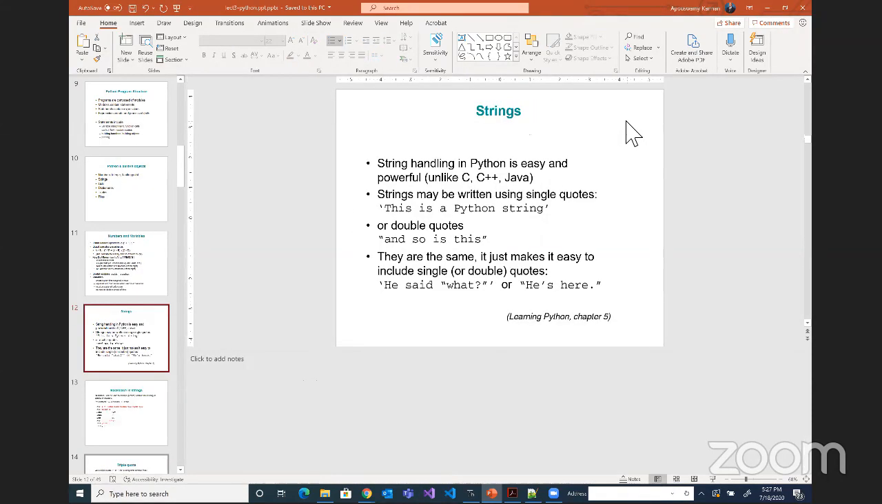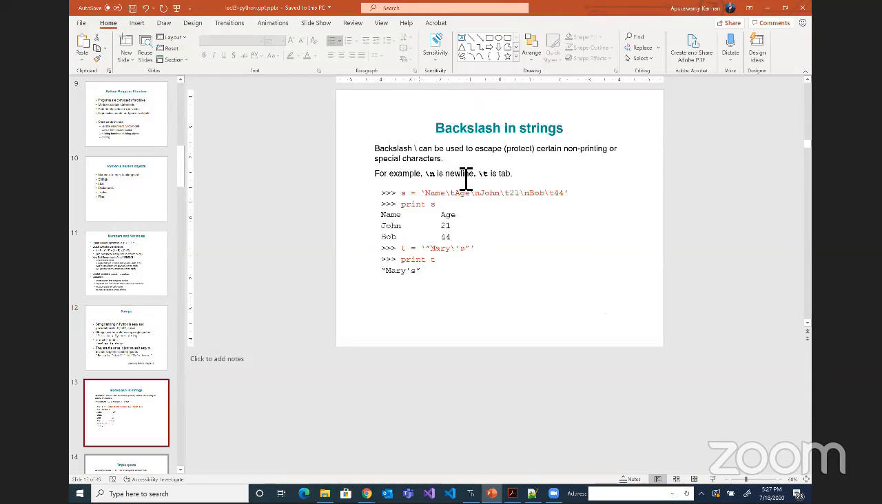Now let's go to strings, right? Python is pretty flexible in terms of string manipulation. You can use either single quotes or double quotes, and you can also use triple quotes. For example, this is a backslash. So if you use a backslash,